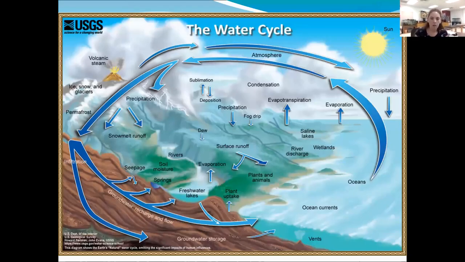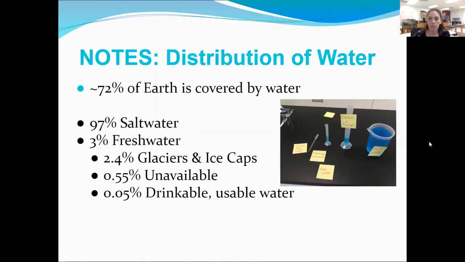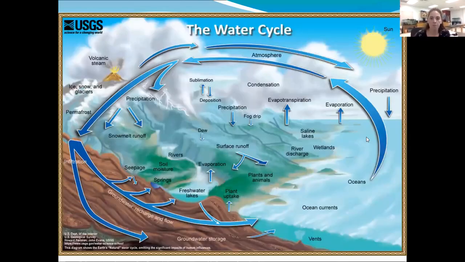All of the water on our planet does move from place to place in the water cycle. Just because it's salt water now does not mean it'll always stay salt water. Water in the oceans can and does evaporate. The oceans are the largest source of water for the water cycle. When water evaporates, it leaves the salts behind, and then it falls down as rain or precipitation, refilling lakes and